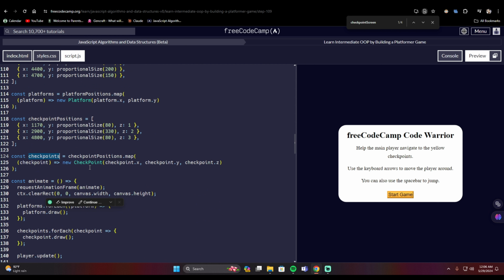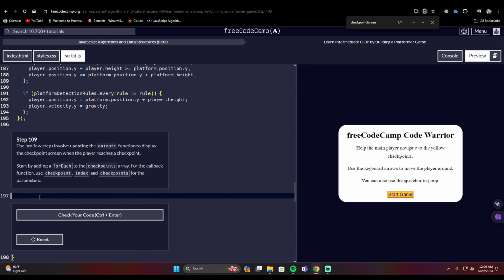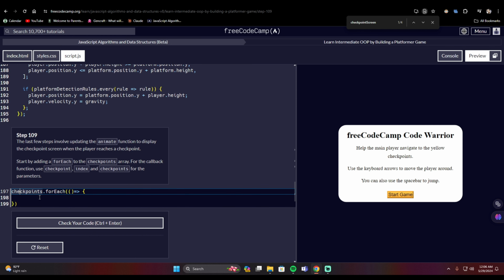Well, it is a generated array because of the map here, which is assigned to the original array, the checkpoints position here. So again, this is a newly generated array called checkpoints, and we are to add a for each to it. So first we would have to access the checkpoints array and then use the for each method, and then a callback function. And in the parameter, we are to add the individual elements inside the array, which should be named as checkpoint,